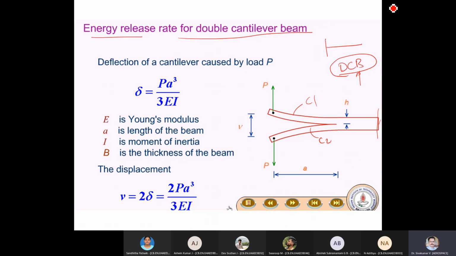When you talk about the Young's modulus, you will have a tensile test, isn't it? It's a standard tensile test specimen. Likewise, when you deal with fracture mechanics, many times you will come across a DCB. What is that? Double cantilever beam. This is a specimen one can use to test your material or to get the energy release rate. Why double? Because there are two legs here.